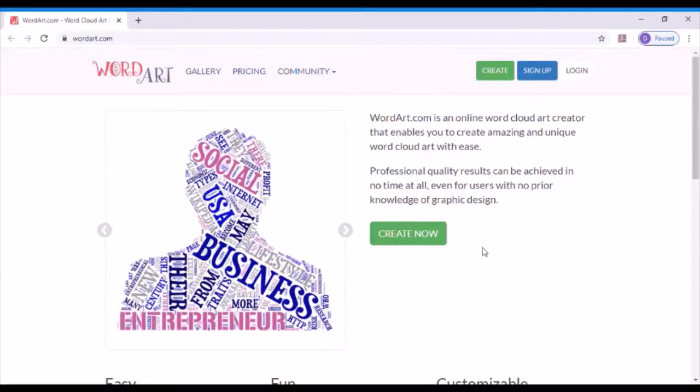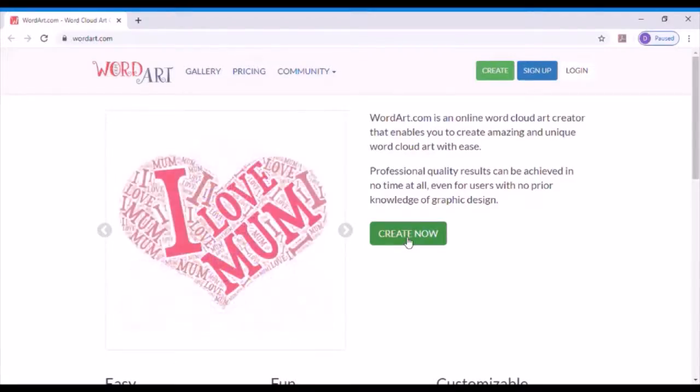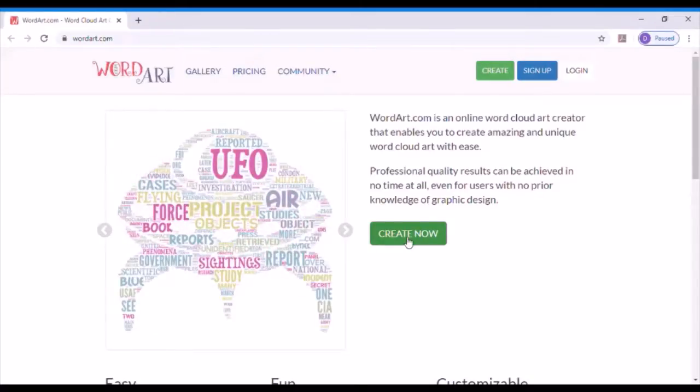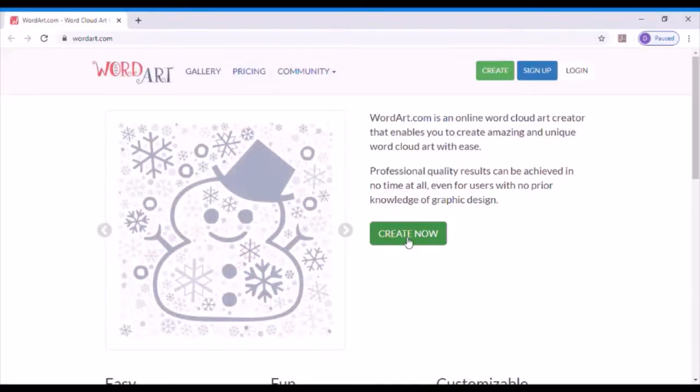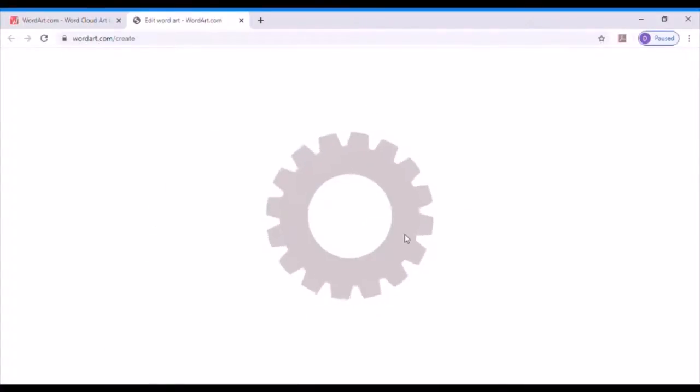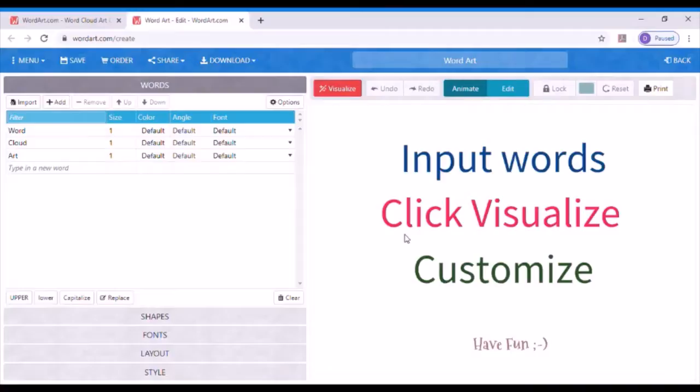So basically all you do is go create now, click that. Now a little bit different for you. Obviously if you're using a computer it's going to be exactly the same. If not, you will be on your iPads, and it all pretty much functions exactly the same. Now I'm going to click create now, and this will bring up this page here. So you'll get the same thing on your iPads, and what you do on this initial page is over here